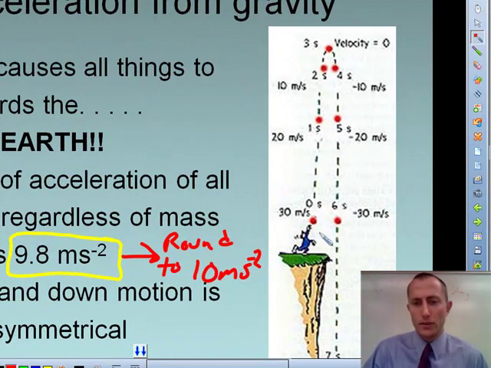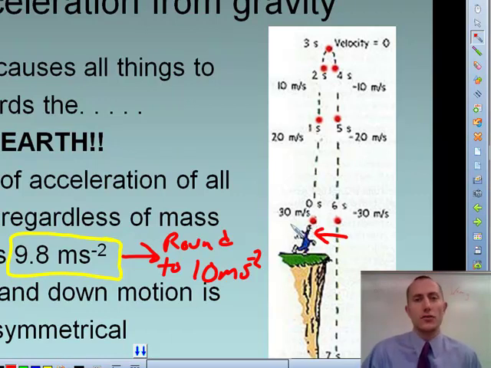So our little guy down here throws a ball up with an initial velocity of 30 meters per second. So the instant it leaves his hand, it's traveling 30 meters per second in the upward direction. That's our velocity vector. As soon as it leaves his hand, it's accelerating though. As soon as it leaves his hand, it's starting to slow down because of the acceleration due to gravity. And so it's slowing down, slowing down, slowing down. It travels some distance